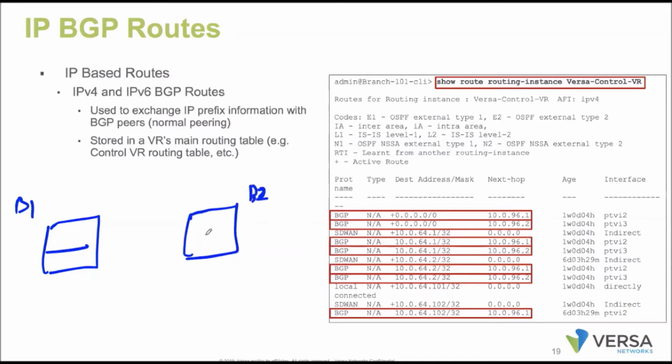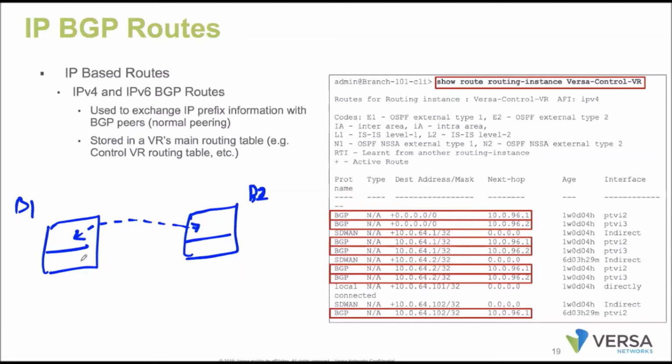I want some of the prefixes into the overlay, and maybe not from a different branch. I'm looking for a different kind of service extended to underlay routes. Just imagine that I have a gateway that is not part of the SD-WAN overlay fabric, and I want to import the routes so that I can go out of that gateway. So I want to import those routes in my LAN VR.